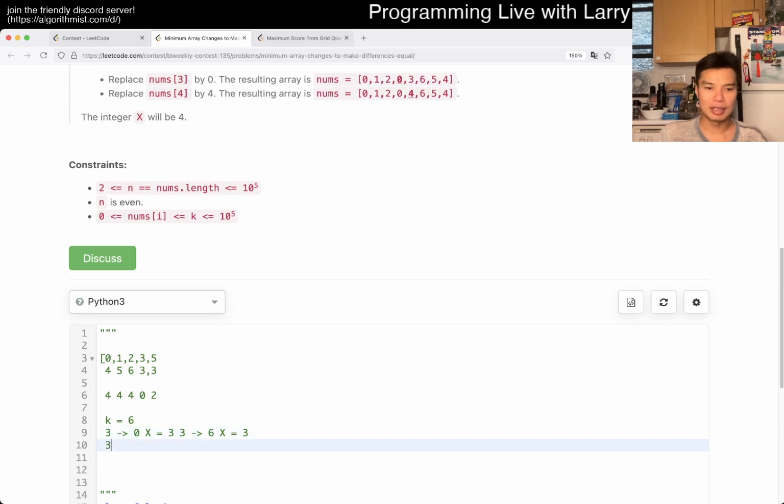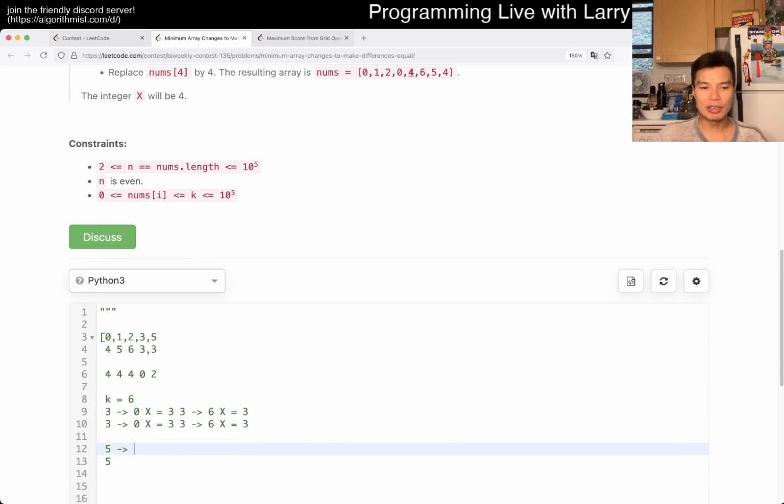But let's use another example. This is a kind of weird example, but let's say we have 2 numbers, 5 and 5, right? So now here, we know that to get to 0, x could be 5, right? So up to 5, this 5 can go to 0, and that means that we are able to get